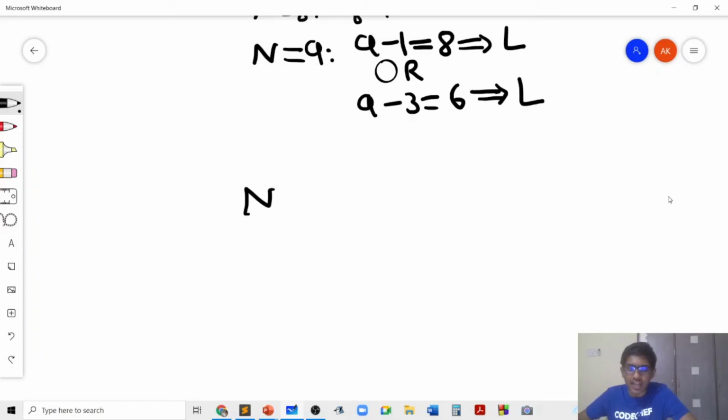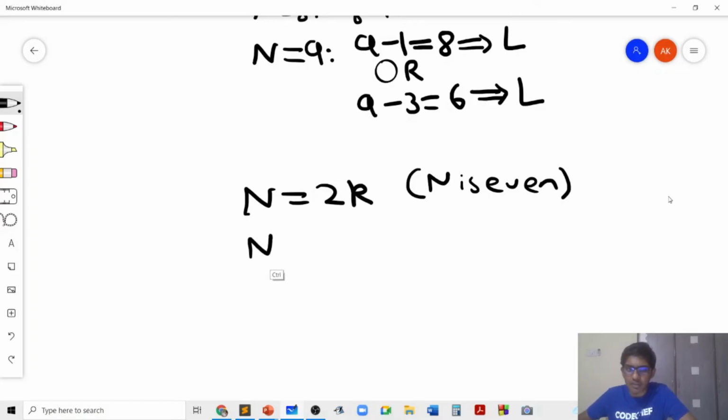So let's say that n is 2k, where k is an integer. So basically n is even. If n is even, we can basically subtract 1 from n. So this is the strategy. We'll just subtract 1 from n. So n will basically go from 2k to 2k minus 1. And from our previous observations, we realized that 2k minus 1 is a losing state,